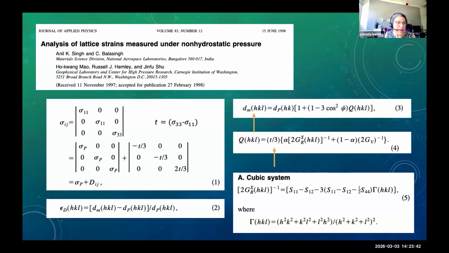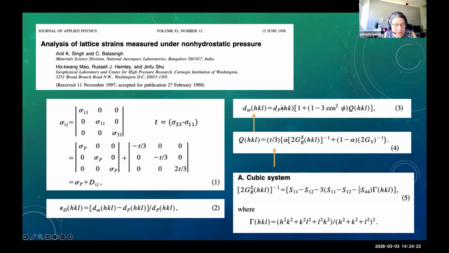Reuter-Boyce, sorry. And so this is from Singh's paper, and he's talking about the stress tensor, which is equal to the mean stress plus the differential stress. And then he points out that you can get the d-spacings. This is his primary equation here, which is the mean d_HKL, is equal to the differential d_HKL is equal to, and I think there should be an L here, but anyway, the